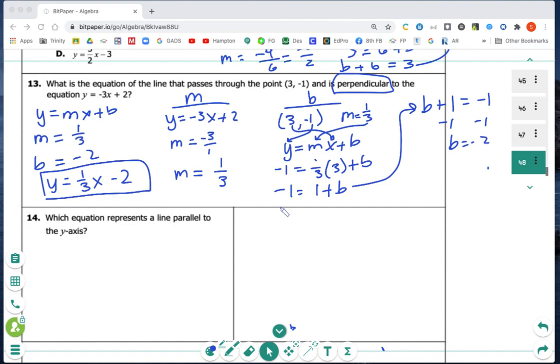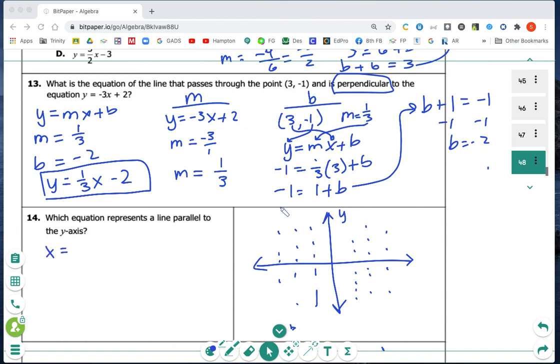Which equation represents a line parallel to the y-axis? So what we're going to do is sketch the y-axis here. Here's our y-axis, and we're looking for a line that's parallel. So it could be any line that is parallel to the y-axis. And you'll notice that the lines that I'm drawing are things like x equals 1, x equals negative 1, x equals 2, or x equals negative 2, because those are the vertical lines that are parallel to the